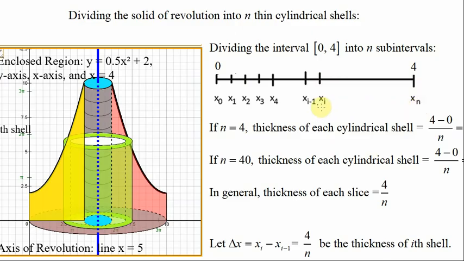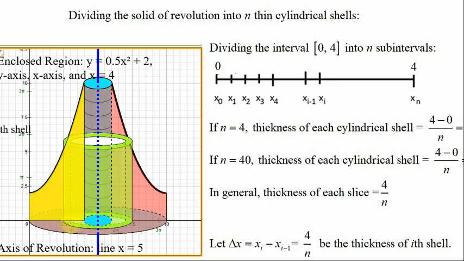And so for this ith interval, that's where this ith cylindrical shell comes from. And so right here, for this ith shell, this would be x sub i minus 1,